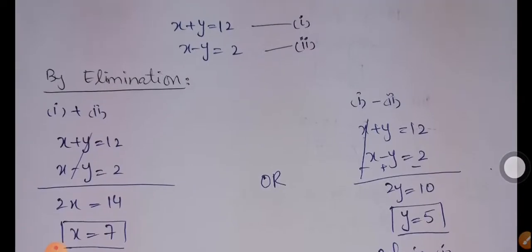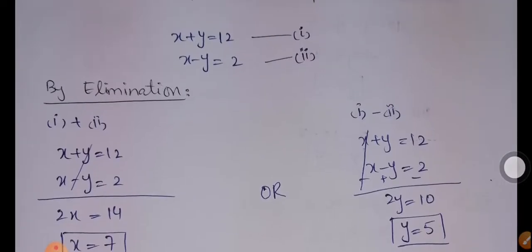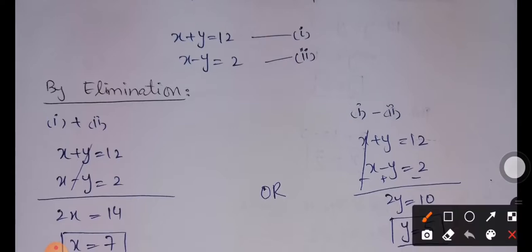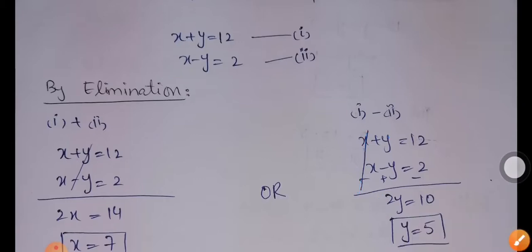On the other hand, if some student says they want to eliminate x first, not y, then we are going to subtract the equations, because x has the same sign in both equations. So we have to subtract the equations so that the signs differ, and then we can cancel out. We are just changing the sign of the equation. This will be cancelled out. Now plus into plus is minus, plus 2y. Here we have plus 2y, 12 minus 2 is 10, and then y will be equal to 5.